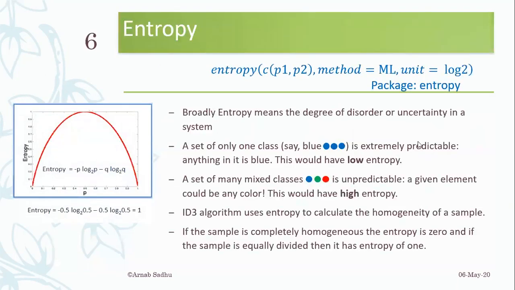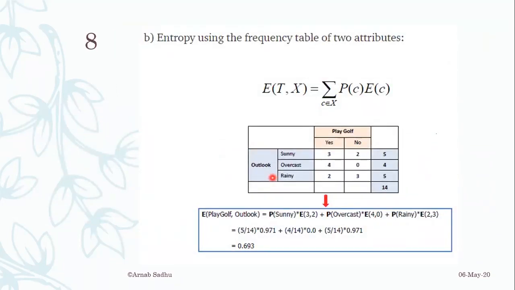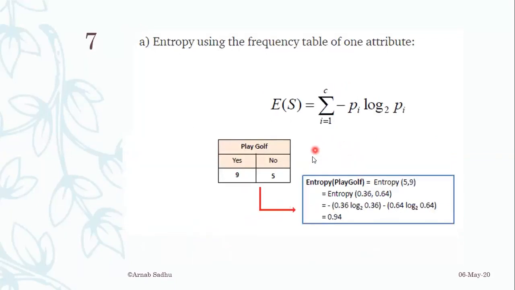Information gain means whatever information we are gaining after splitting, that is how much entropy we are decreasing. So it is the decrease in entropy after a data split on an attribute. So obviously we have gained some information on the basis of outlook. If we are staying at home and trying to decide whether the player is going to play or not, the predictability obviously will be higher than a blind decision. So there is the decision that we have taken with an entropy of 0.693.